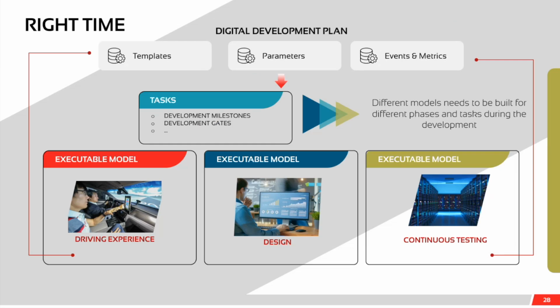But from my point of view, the most important thing is you need this at the right time. So it doesn't help you if you have extremely nice digital twins, but if they are not ready when you need them, then it doesn't help you. And so basically you need to have a digital development plan where you generate all these digital twins depending on what milestones you want to do, what development gates you want to have,